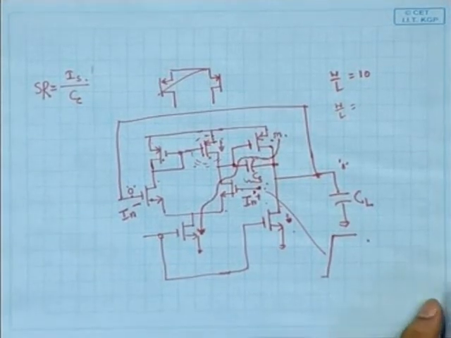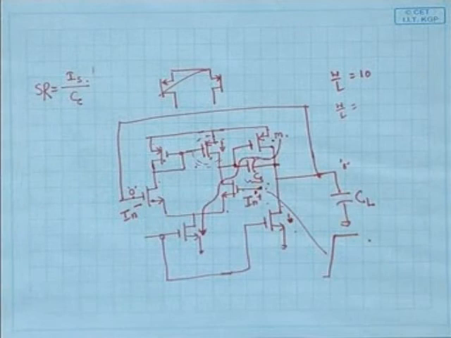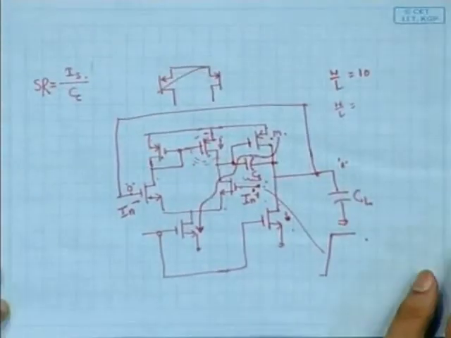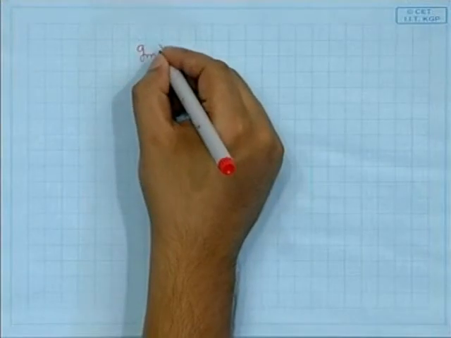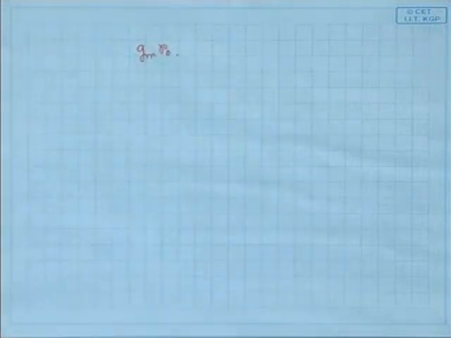So how can it be set? See, you learned the cascode configuration. Have you learned it? You know the small signal analysis? Okay. So the use of cascoding can increase the gain of the circuit. What is the expression of gain? That is Gm into R naught. This is the expression of gain.